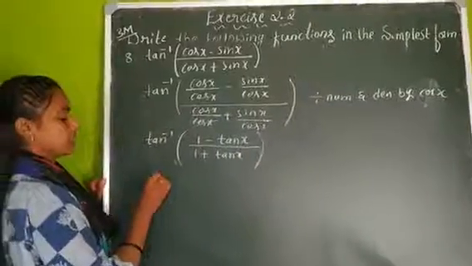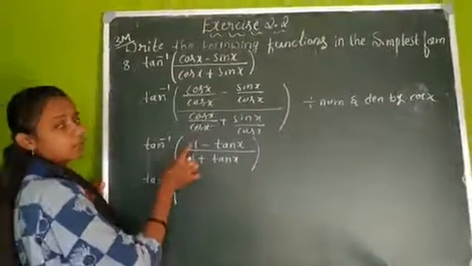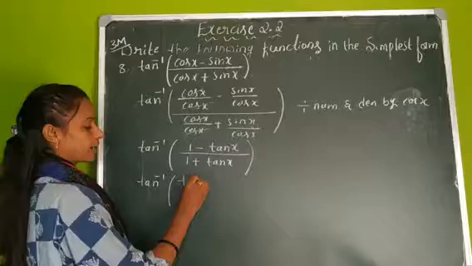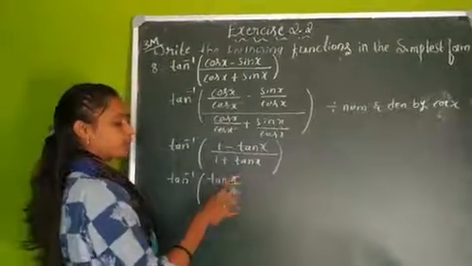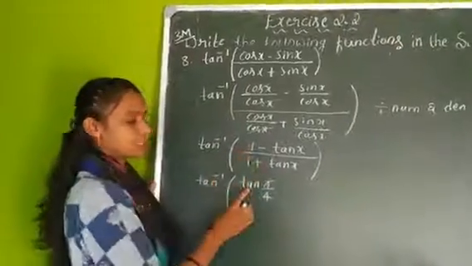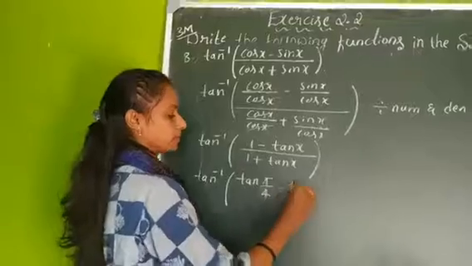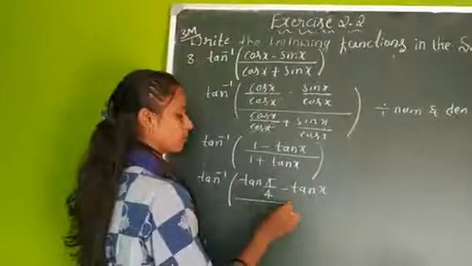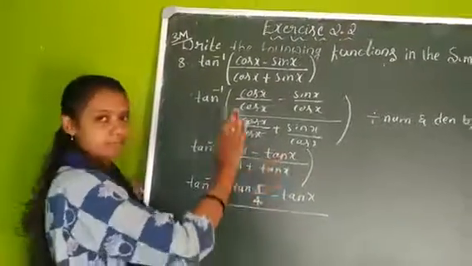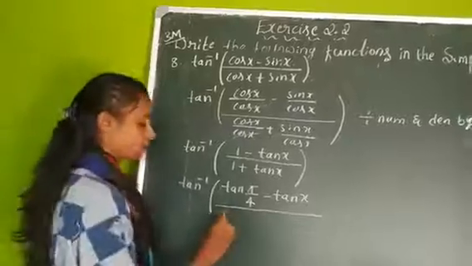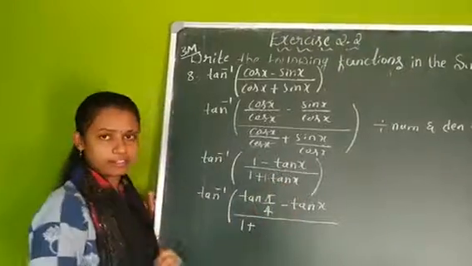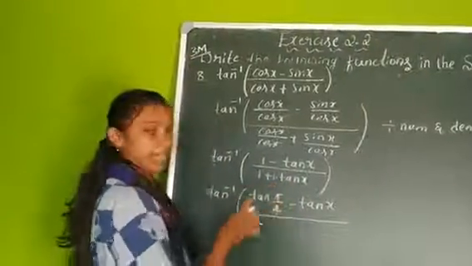Now I will write this as tan inverse of tan of which radian the value is 1, that is tan 45 degree. That means I can write this as tan pi by 4. Pi by 4 is 45. Tan pi by 4 is 1. So I just write this 1 as tan pi by 4 minus tan x. But in the denominator I will not write this 1 as tan pi by 4. Somehow you need to reduce this to a particular tan formula. So keep 1 as it is, plus 1 into tan x will be tan x, right? So this one I just write as tan pi by 4.